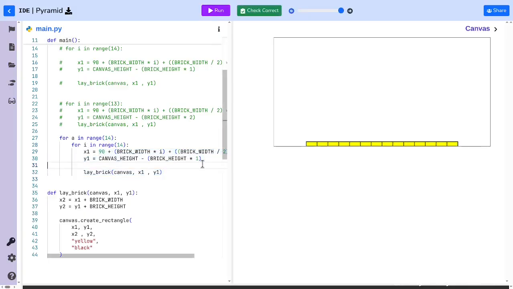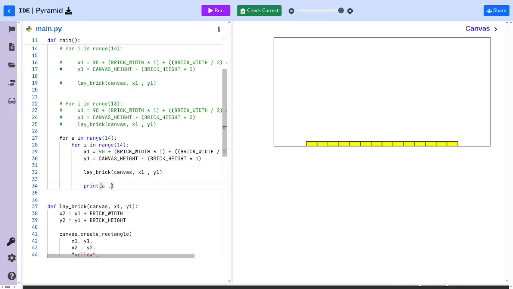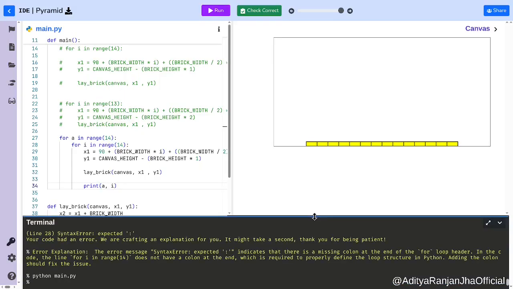That is, it is only laying the first row. We somehow want it to change for a and i. So how about we print a and i and notice what we can use? Print a and i to see what we can actually use. Because we know what to multiply, but let's see what behaves like that. So if we run it,